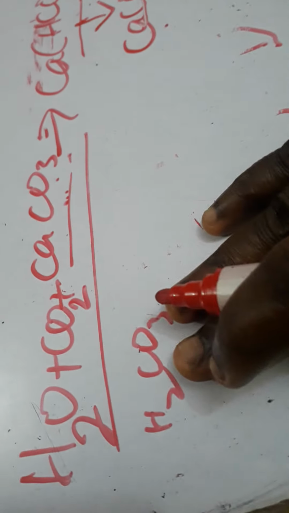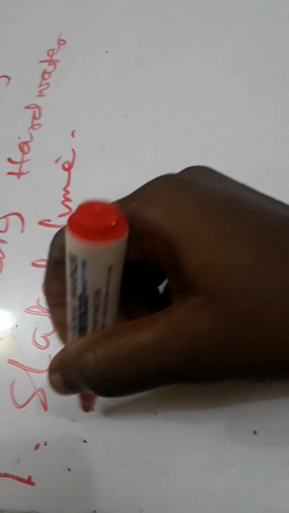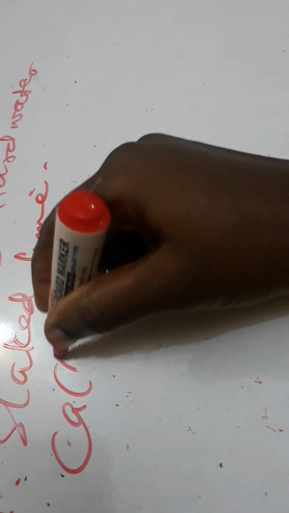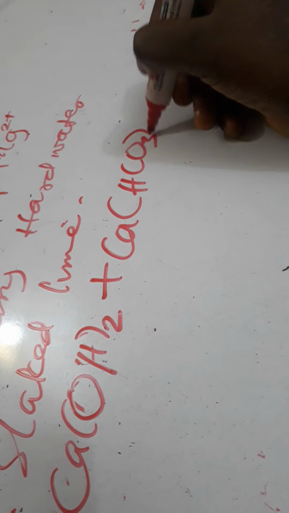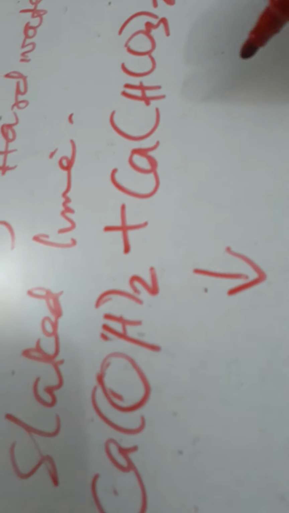And that leads us to another method for removing temporarily hard water, and that is the use of slaked lime, calcium hydroxide. I'm so sorry for that. Calcium hydroxide. When this is added to water that is temporarily hard, you will end up getting